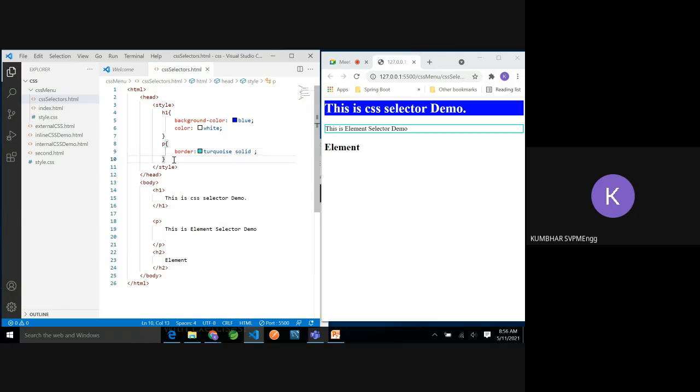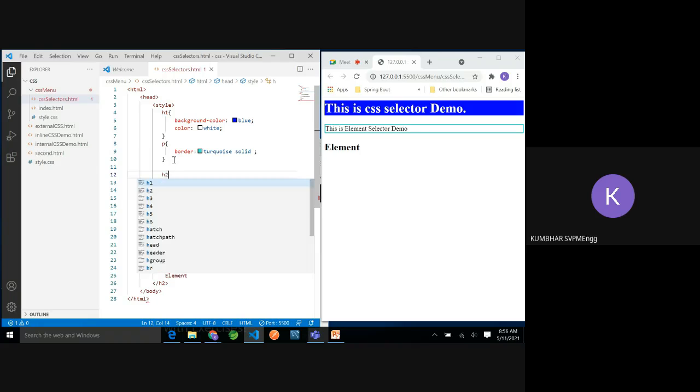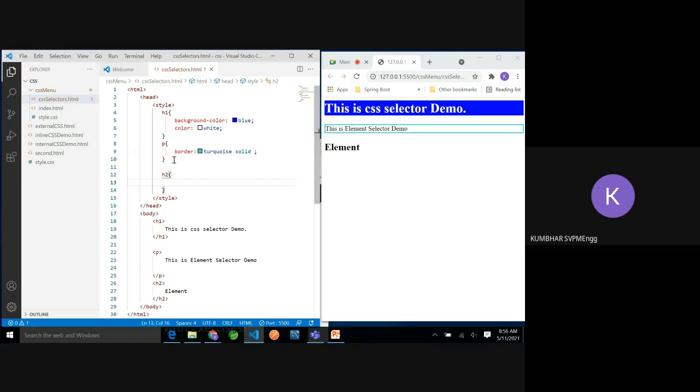Then let me apply some style for the h2 element selector. Don't worry, we are going to learn other things, like this margin top, in the next example. Let me clear the CSS selectors first. Okay, so I hope you are able to see these three element selector styles.